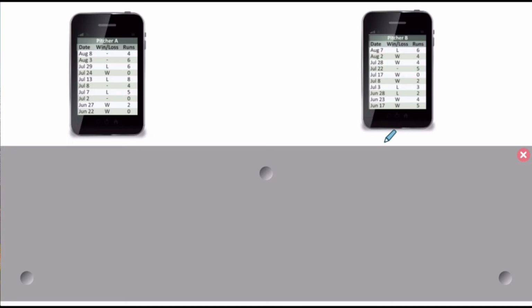Now, let's say it's close to the trade deadline and you're a team that needs to pick up a pitcher. You're going to trade for a pitcher. So you're monitoring these 2 guys. There are 2 guys you've got your eye on. Who should you pick up at the trade deadline? Which one's a better target? Well, the first thing you might look at, if you're in the data department of the baseball team that's looking to make the trade,